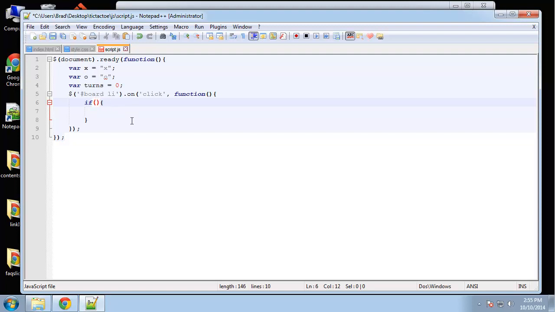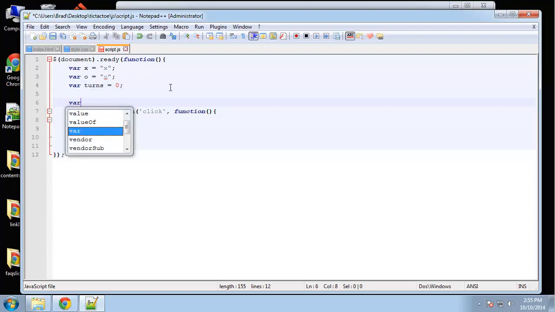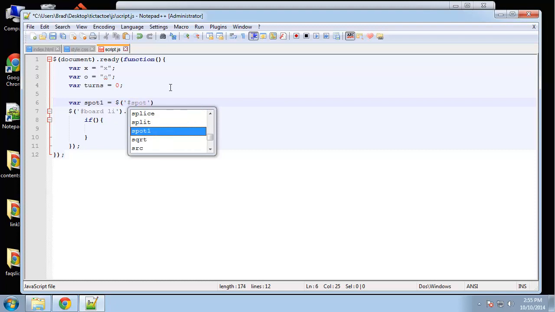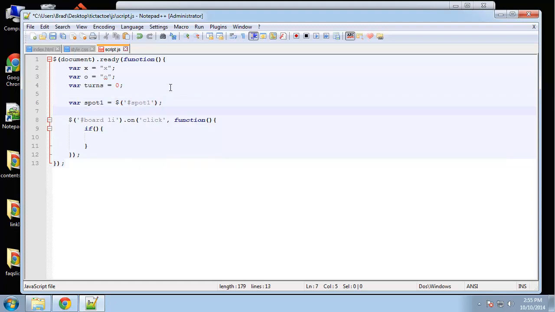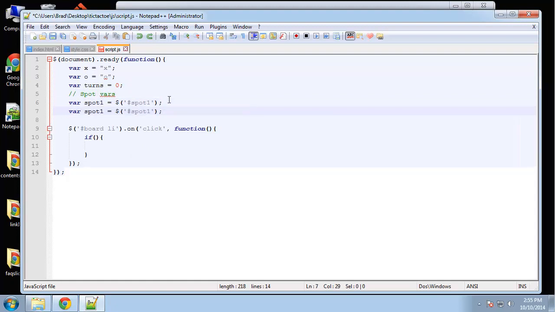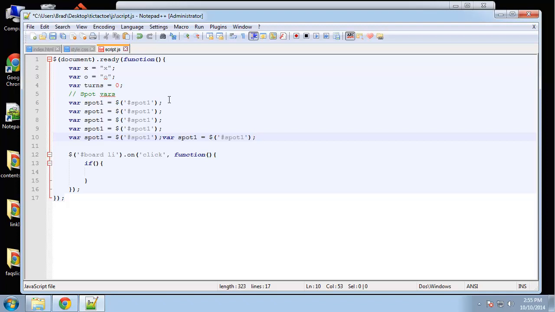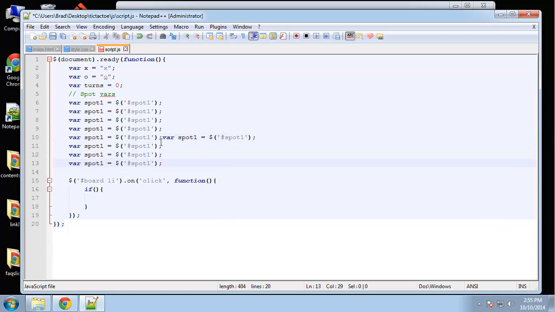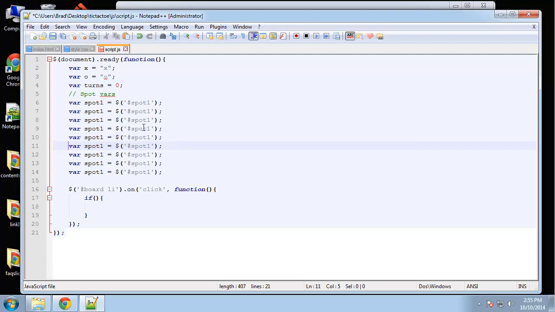Actually, you know what, let's put all our spots into variables. So we'll say variable spot 1 is equal to spot 1, just it'll look a little bit neater. Okay, so let's see, 2,